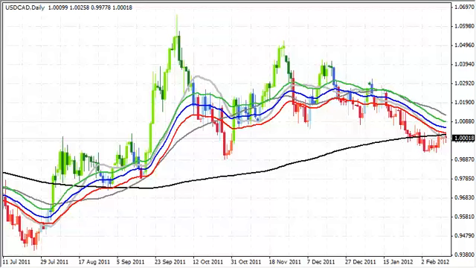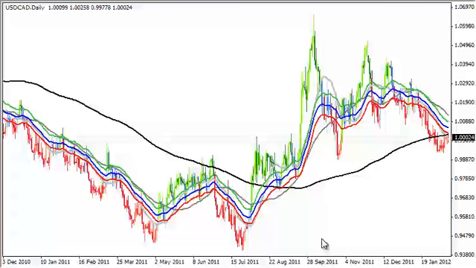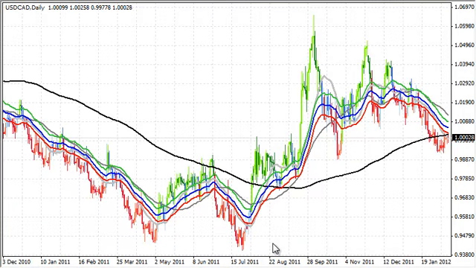Hi, this is Raghee Horner, and we are looking at the daily chart of the dollar Canada right now because there's a number of things that are happening, not the least of which is the parity level being tested again on this pair. So let me share with you my initial view of the dollar Canada, which is within the